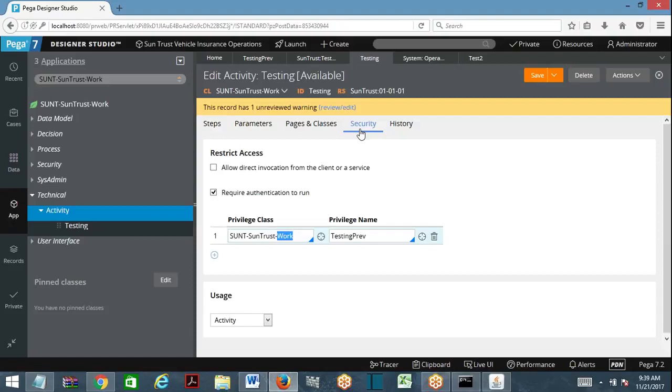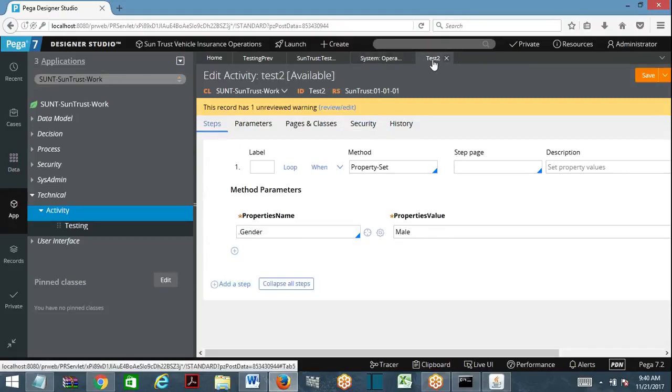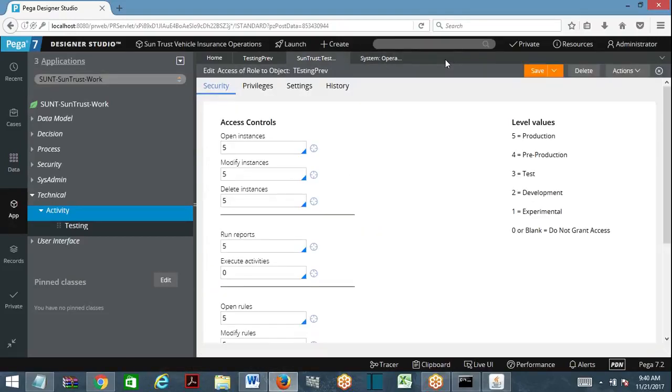So 99% will not get a chance to work on privileges and all. See, when you are working on privilege and security, it is highly sensitive data. You are working on sensitive information. Suppose in a business you open any of the access role names, say preventing execution of activities, and you add it. So everything will be gone. When everyone logs in, they will not be able to proceed. Okay, so it is very sensitive. So mostly tech leads will be working on this. Given a chance, if you are working, you need to get reviewed multiple times, and it should be thoroughly tested. Okay, this is clear, everyone. So this model you need to understand.